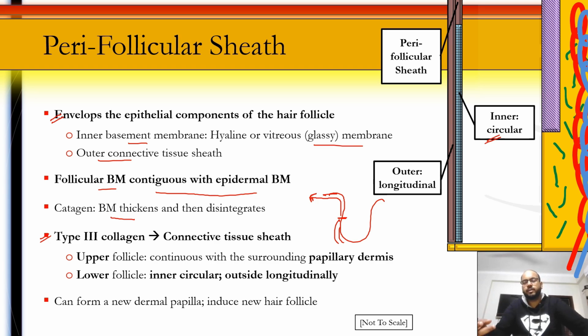Now, there have been instances where the perifollicular sheath can form a new follicle. In fact, there was one study in which a part of the perifollicular sheath was transplanted to a non-follicle developing region like palms and soles and still tried to develop a hair follicle. But remember, the major chunk of hair follicle generation happens from the dermal papilla and the matricial cells. Clear?